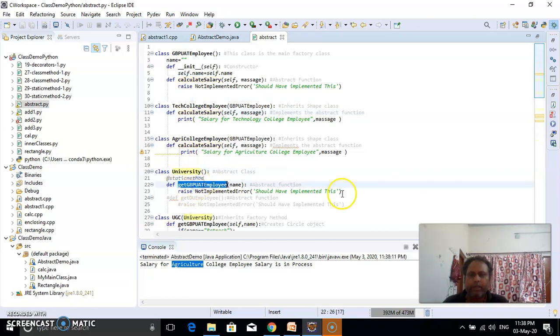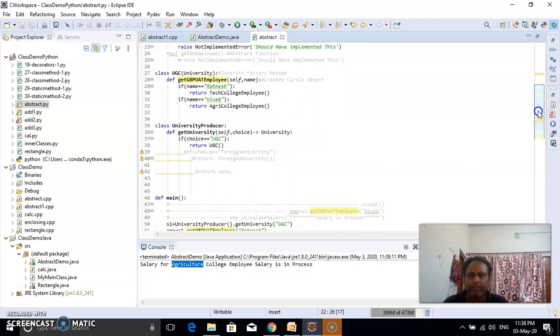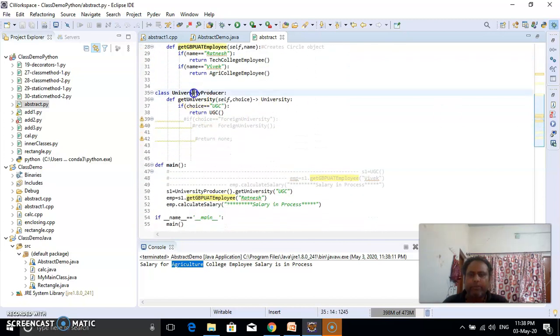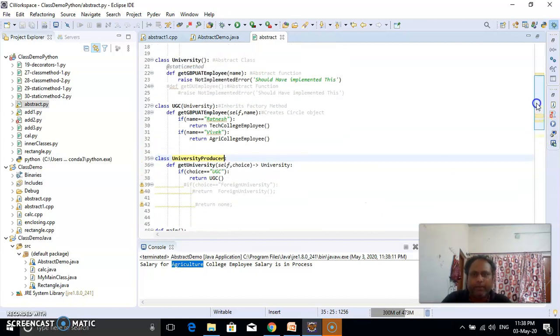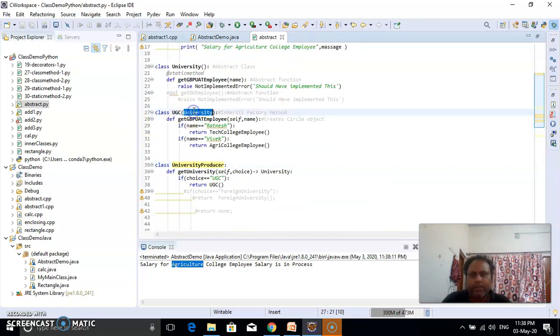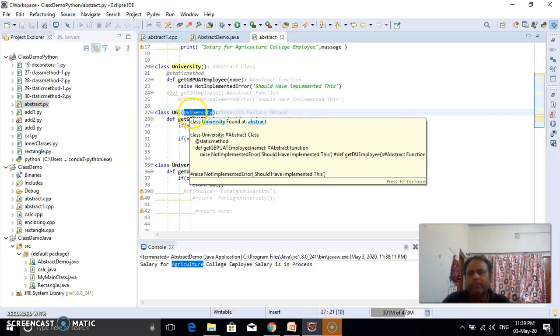University, we are having again used here one abstract method. Finally, university producer. So here either you can give these two parentheses, or even if you are not giving the parentheses, it will work. And here giving this parameter in parentheses means this UGC is inheriting to university.